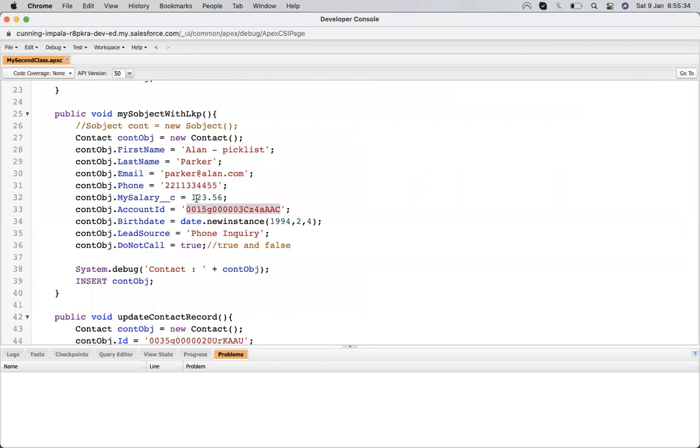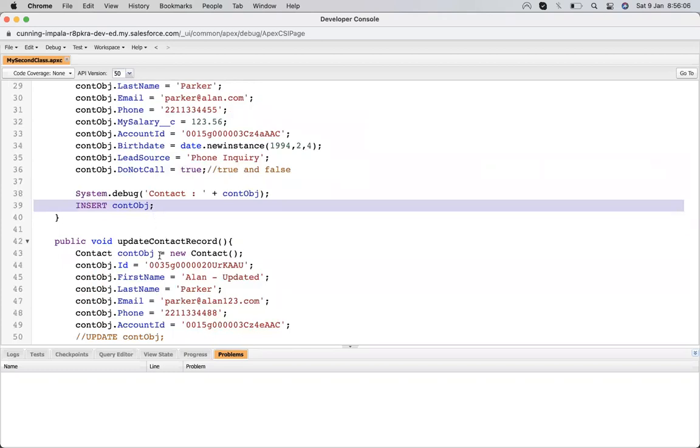If it is a decimal, we put decimal values. If it's a string, we put the string. If it's a lookup, we put the ID. If it's a date, we create a date instance. If it is a picklist, we put the picklist values. If it is a checkbox, we put true or false values, all in the same instance.